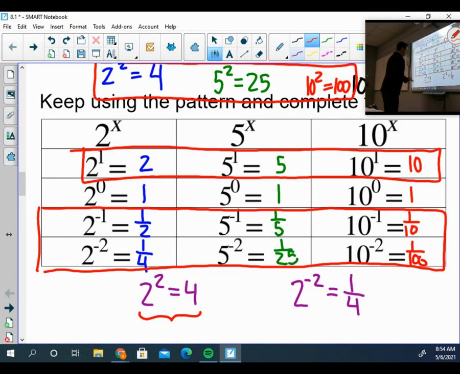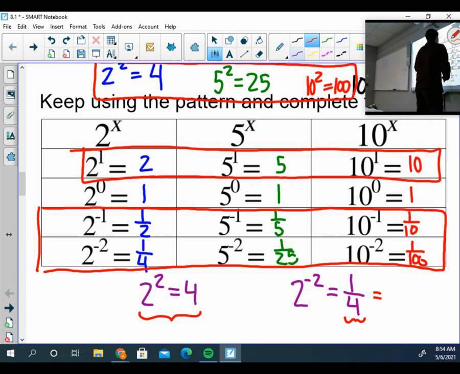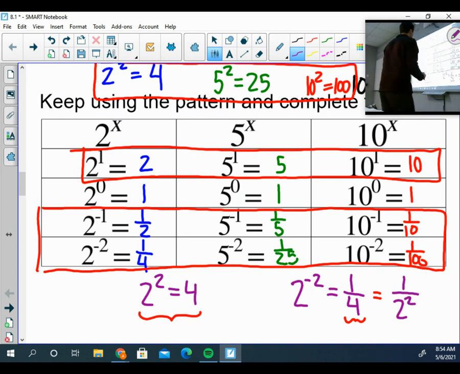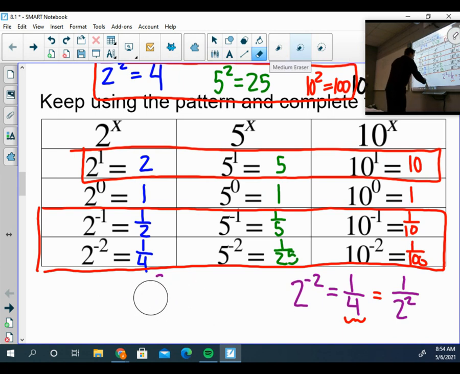If 2 squared equals 4, then we know by substitution that 1 over 4 could be rewritten as 1 over 2 squared. By the idea of substitution, right? We know 4 is 2 squared. And so 1 over 4 could be rewritten as 1 over 2 squared. Maybe it'd be helpful to see this